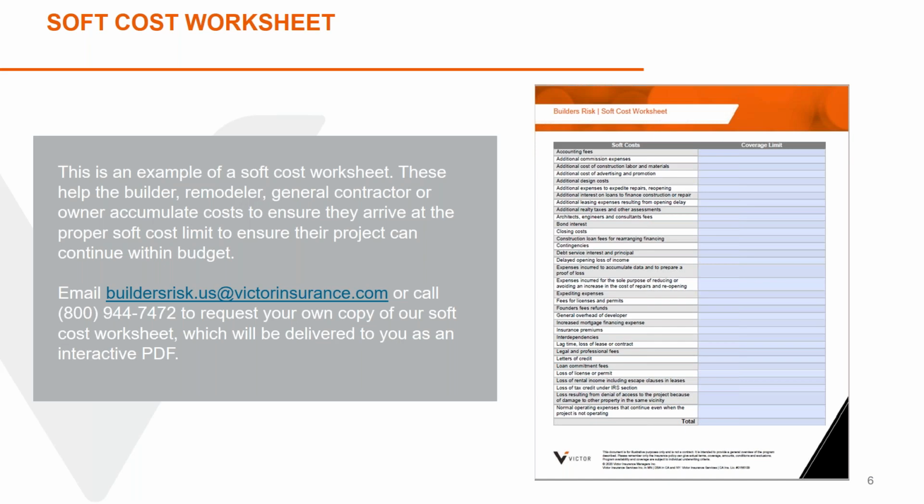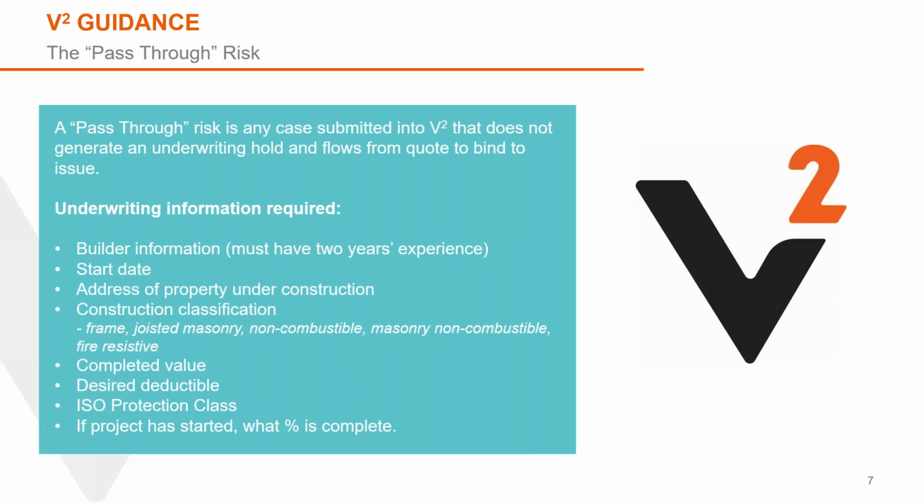So here's what I kind of want you to understand. Another thing I get asked all the time, agents say, well, what do you want to write? Describe the risk that you want to write. So here I'm going to take a stab at that. The perfect risk for us, probably, and for you, would be a risk that passes through our platform with no underwriting holes. So let's think about what passes through.